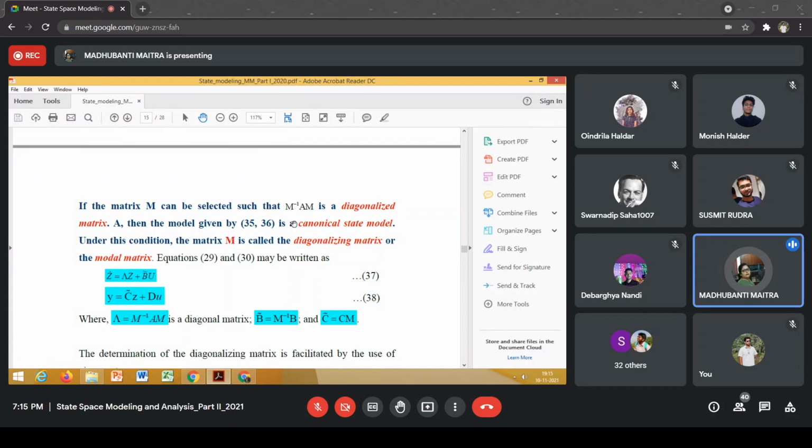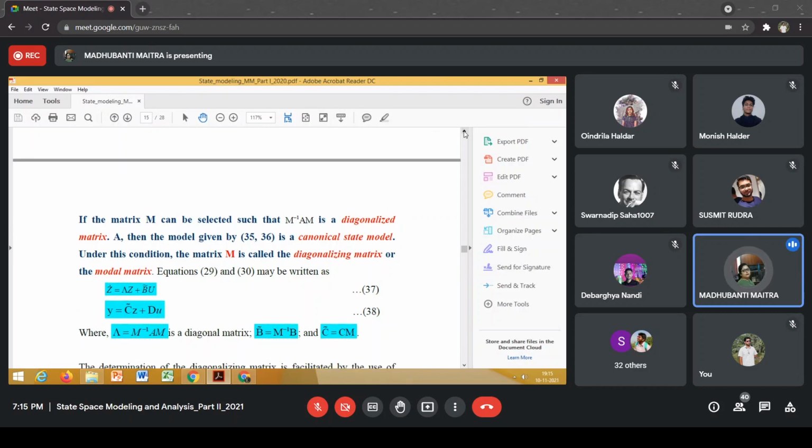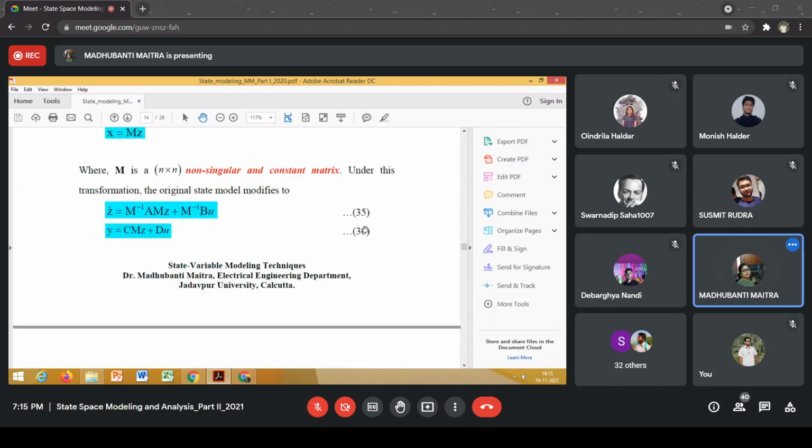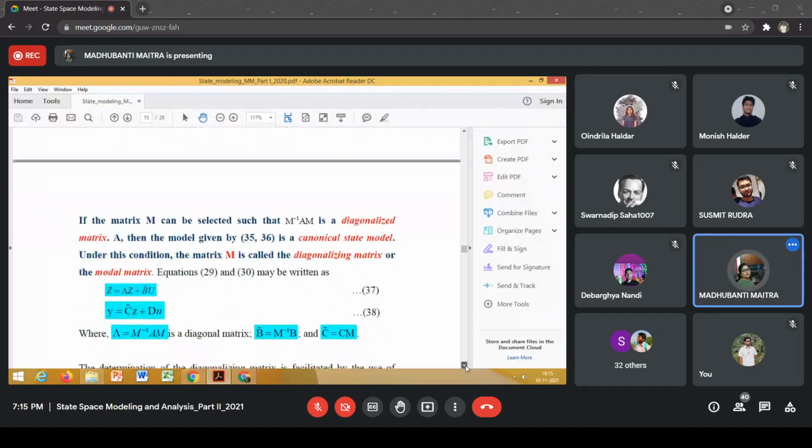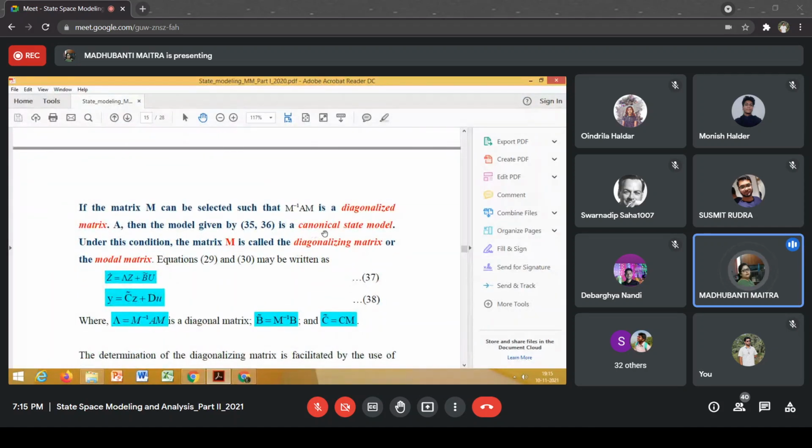So the model or state model presented in these equations will be a canonical state model. Under this condition, the matrix M is called the diagonalizing matrix or the modal matrix. So the new state equation or the state model of the system in canonical form after this transformation, after diagonalization, is